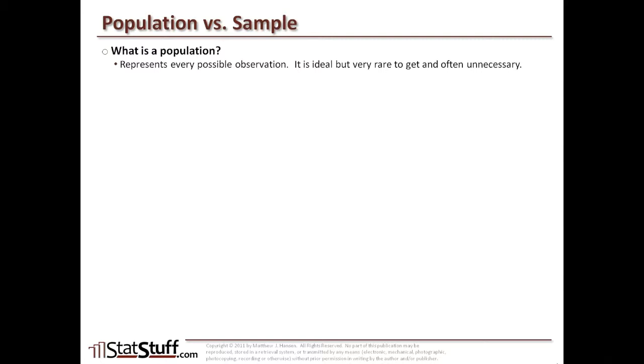It's ideal if we can measure a population, but it's very rare that we can actually get access to the entire population, and often unnecessary for us to actually do so. So instead, what we often do is refer to a sample. Now, a sample, instead, is a subset of the population, and that subset is intended to have a fair representation